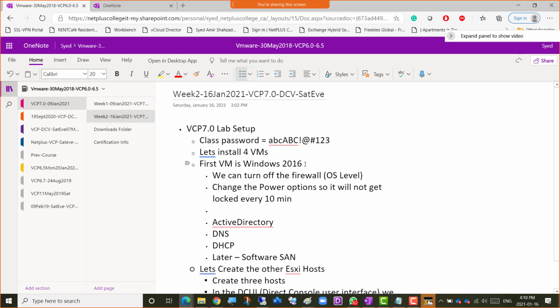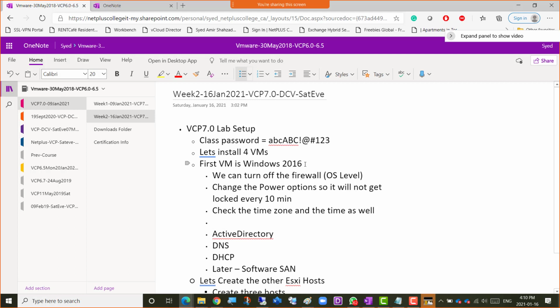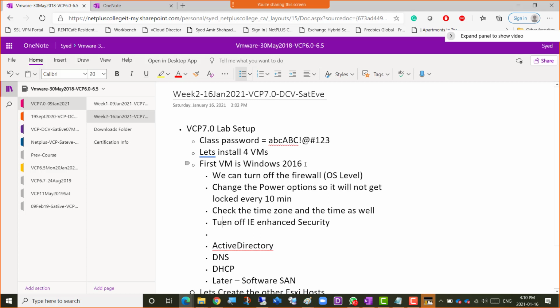And also we'll just check the time zone, and especially the time zone and the time as well. Also, we will turn off IE enhanced security, or Internet Explorer enhanced security, although it's now Edge. IE is discontinued. Yeah, if we were using 2019 latest version, we would see Edge there. So other than that, we need to install, actually that is supposed to be the first point,